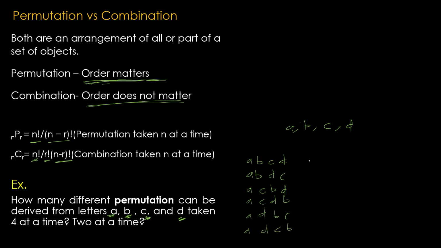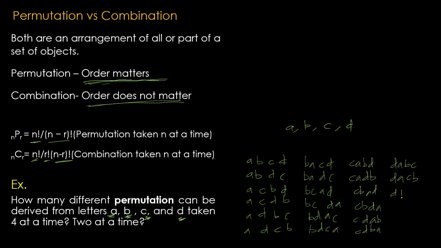Okay? Continuing, I have BACD, BADC, BCAD, BCDA. Okay? BDAC, BDCA. DBAC, DBCA. DCAB, and DCBA. So, the total number of permutations that can be derived from the letters A, B, C, and D